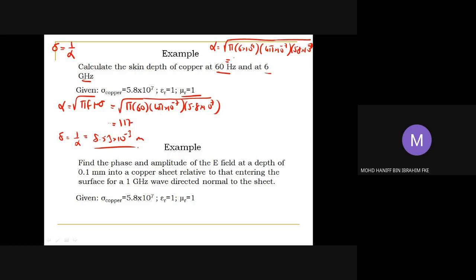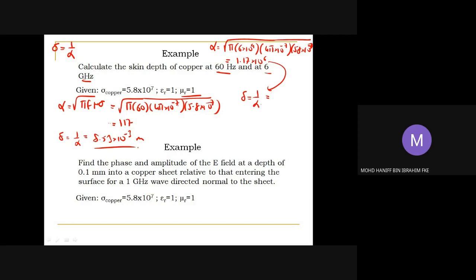For pi times 5.8 times 6 times 1, and then multiply with pi, that will give us 1.37 times 10 power of 12, and square root the value. We're going to have it as 1.17 times 10 power of 6. Alpha is very huge, and from here we can find the skin depth, which is 1 over alpha, shall give us